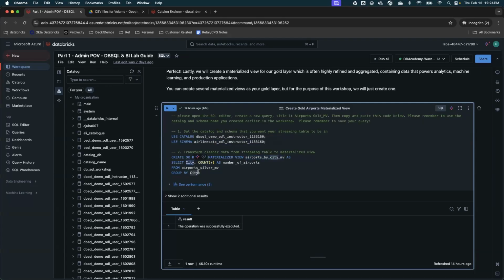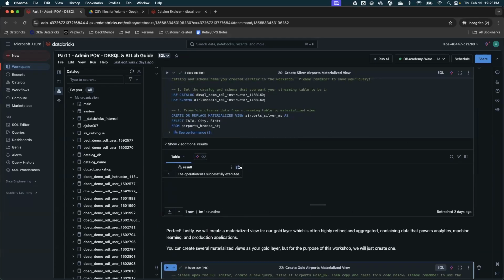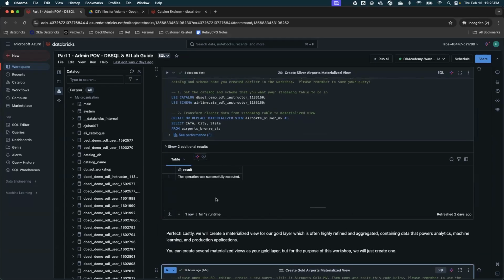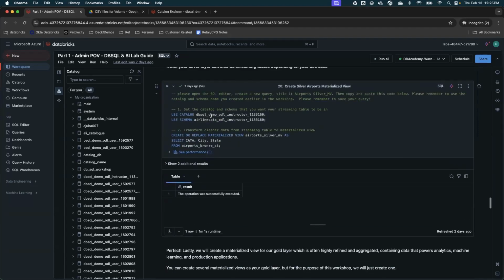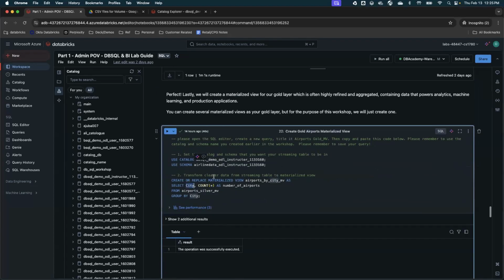So we will take the city column from the airport silver materialized view table, which was created here. And then on top of this, we will find out how many airports. You will get those based on the count of the rest of the columns. And then you should be able to know how many airports there are across each city.